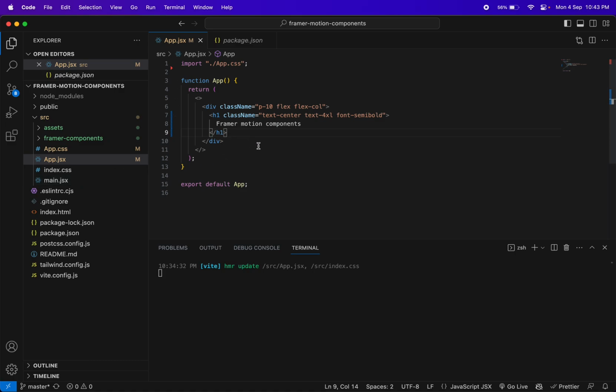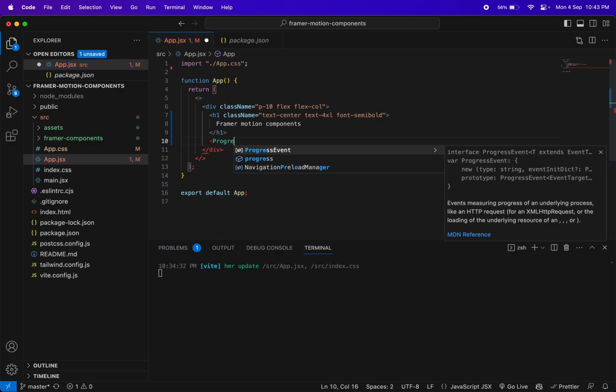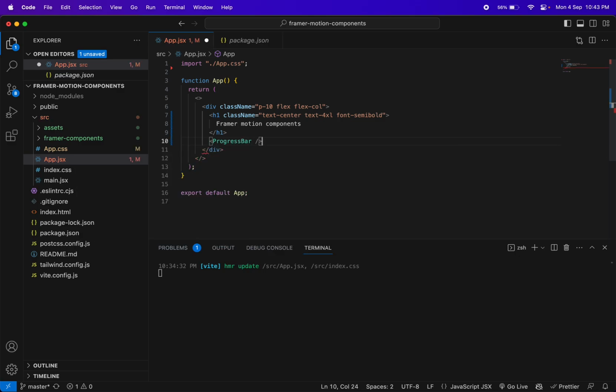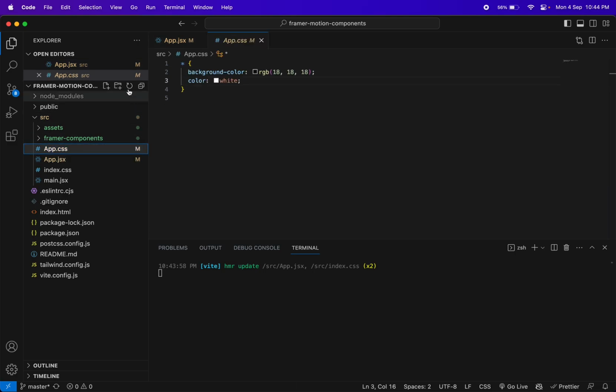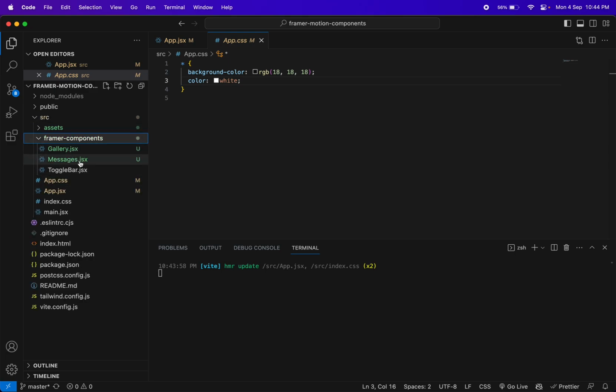So yeah, let's create one progress bar. So I'm creating one new component, but you will get an error. You won't see anything here because we haven't created this component yet. So what you can do is create one directory over here in the source directory, named components, or like I've already created one directory. Its name is framework components, as I was trying some other components as well when I was practicing Framer Motion. So you can create one new file over here, whose name will be ProgressBar